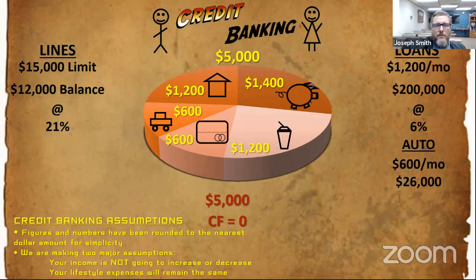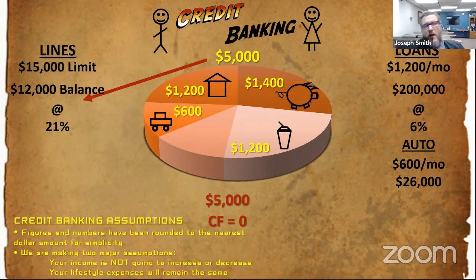Okay, so here we are. We had that $600 payment. We now don't have to budget for it anymore. It's gone. Where does it go? It goes into our cash flow. Do you see that? We didn't have to get an extra job. We didn't have to work any extra overtime. But by not having to budget for that minimum credit card payment, that's now calculated into our cash flow.